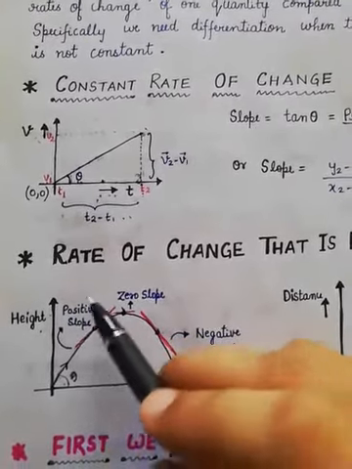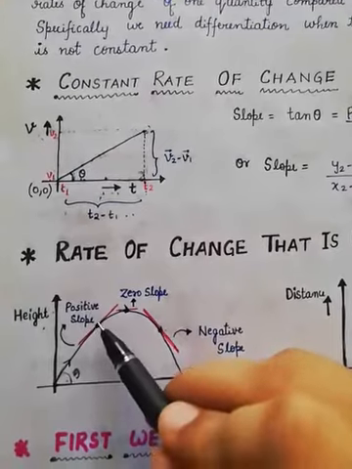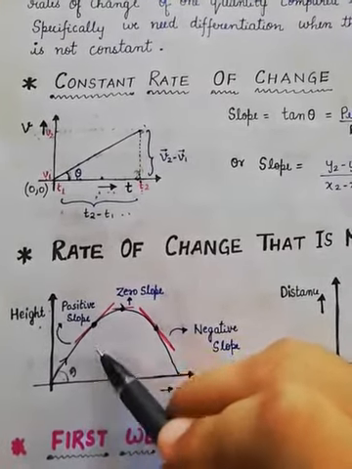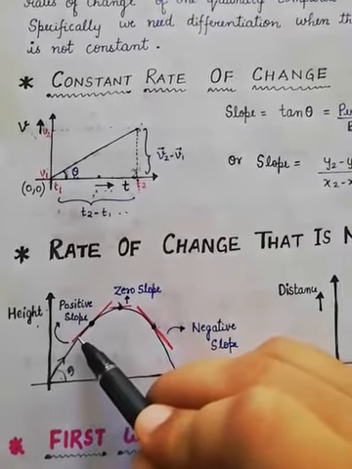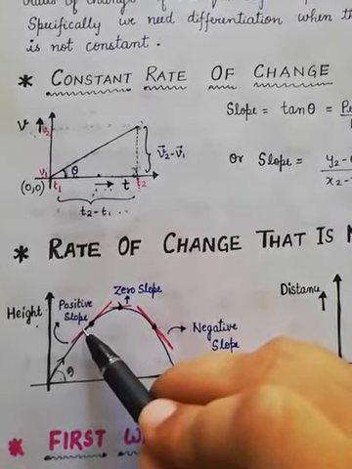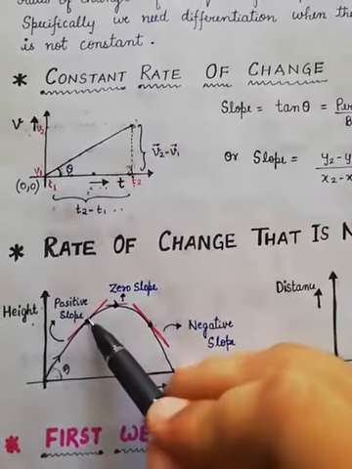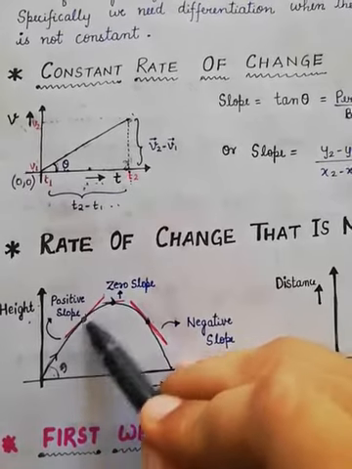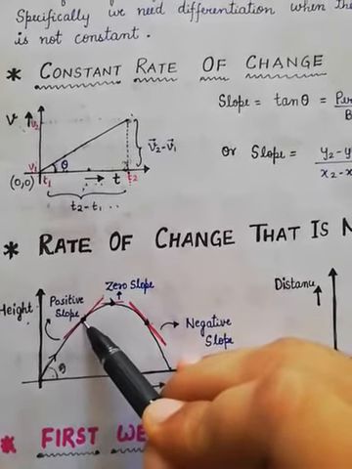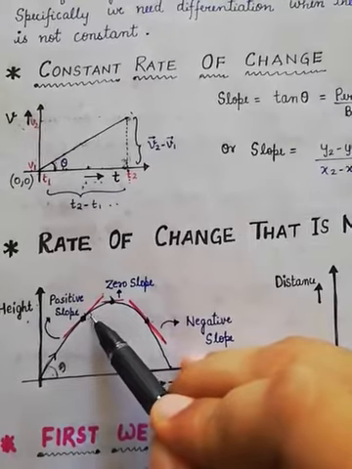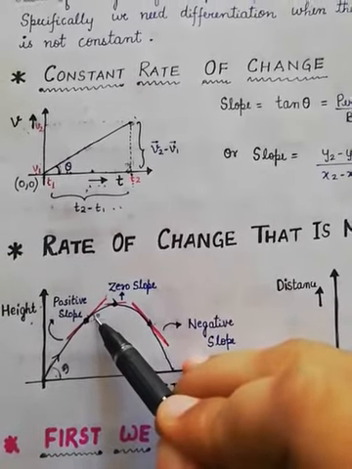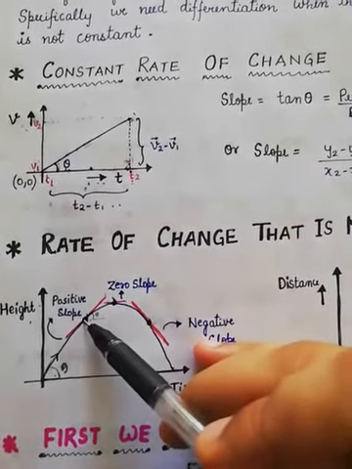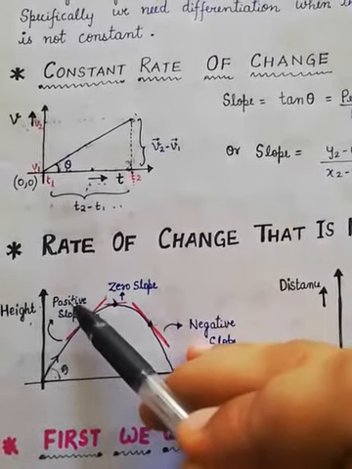Now look at the graph slope at different points. If you have to calculate the slope of this graph at this interval, then in order to find the slope you have to calculate the tangent of angle theta. So at this interval, how do you draw the tangent? We draw a line like this. This is a tangent at this point. Then with respect to the x-axis, this is theta. Here you see this theta is an acute angle. So when you calculate tan theta, you get a positive value. So at this interval we find this is a positive slope.